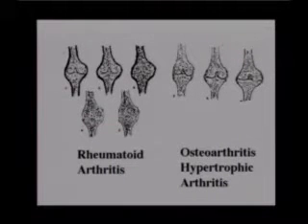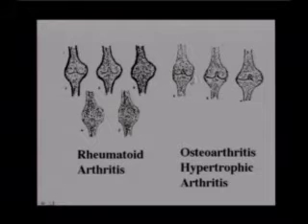Now, I want us to take a little look at that. If you look at this picture up here, you can see first we have enlargement of the joint, but notice what's happening to this joint in here. By the time we get down here, that joint has disappeared. This is bony ankylosis. This is the growing together of those bones. And by the time you have bony ankylosis, then you've lost all your joint movement and joint function.